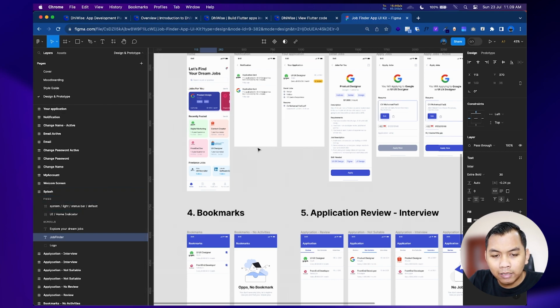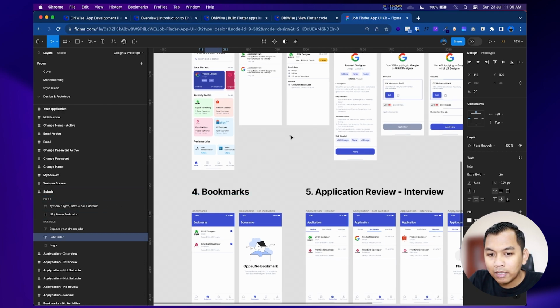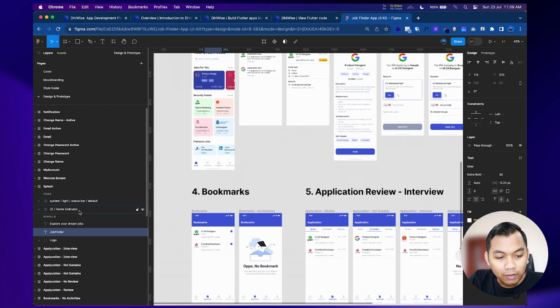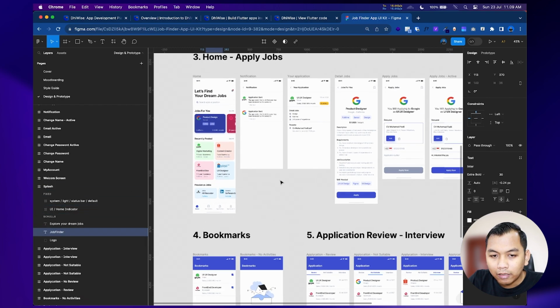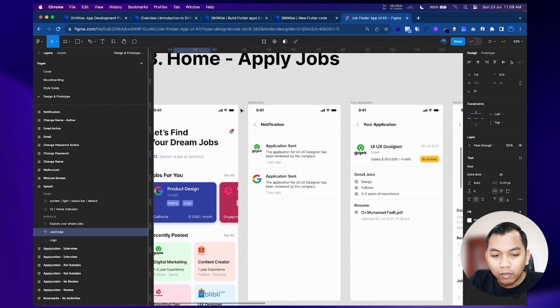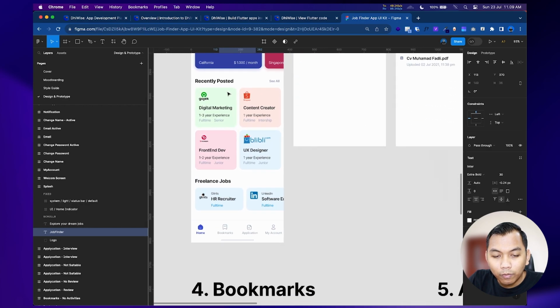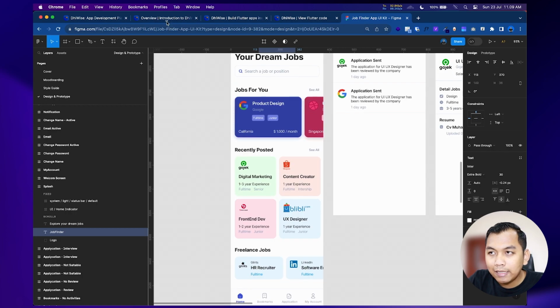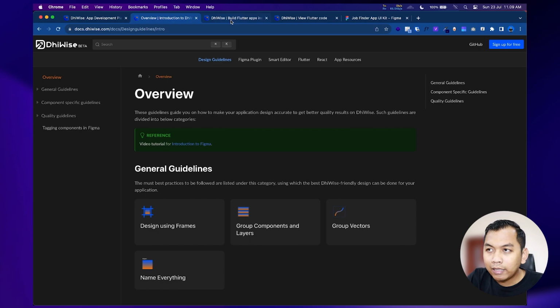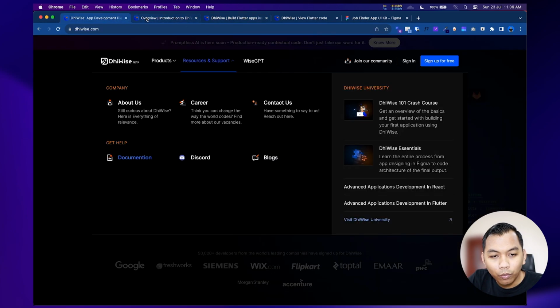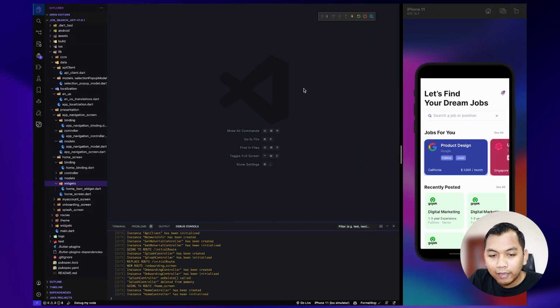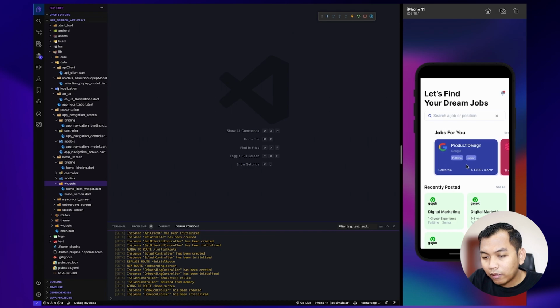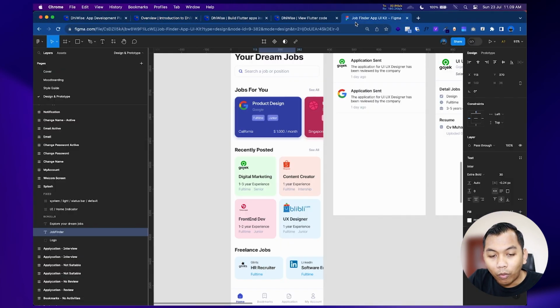If we check this design, the designer managed and structured all the components, and grouped and managed all the layers properly, so this design is easy to understand for Device. So we must follow this design guideline, and this is the result, which is similar to this design.